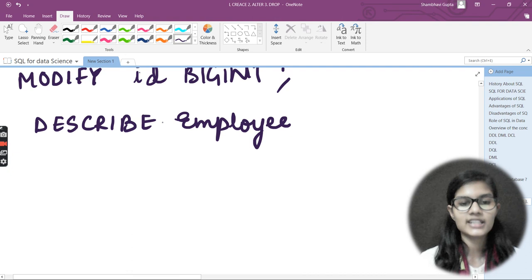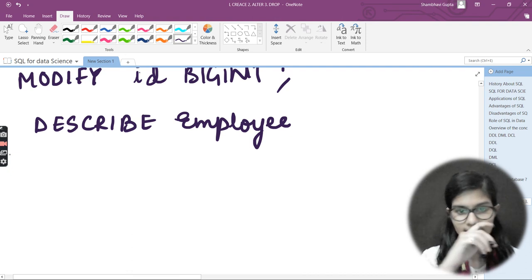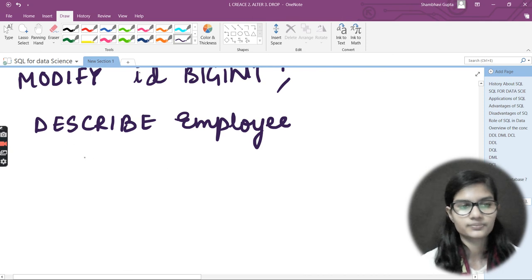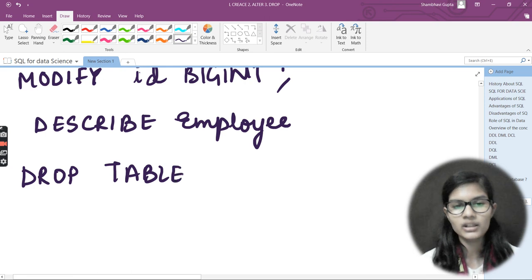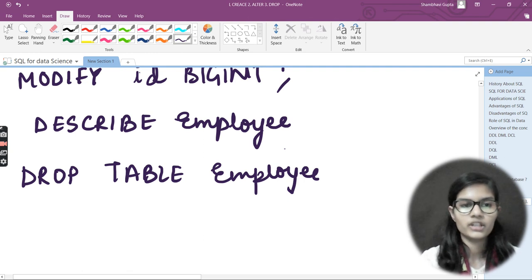Fine. Now let's say I want to drop the table which I had made. The table which I made right here, I want to drop that. So I would write DROP, and my table name which I want to drop. In the starting, I would write DROP TABLE, and my table name which is employee. This will help me drop the table which I had already made. Comment you already know, that's not anything.